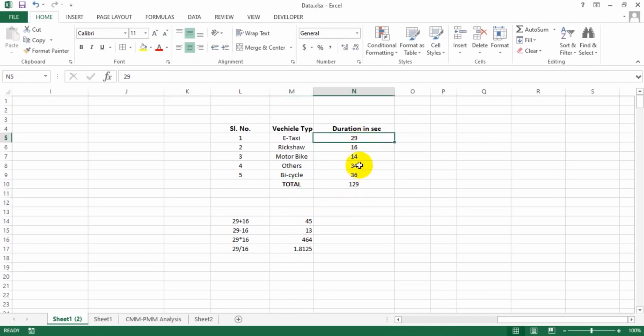Now let's say you have this data and you want to add 29 and 16, and the result will be put in this cell. To do this, select this cell and type equal. Now click on the cell you want to add, plus sign, this cell, hit enter. Now it takes the value from this cell and this cell and gives the sum of 29 and 16 in